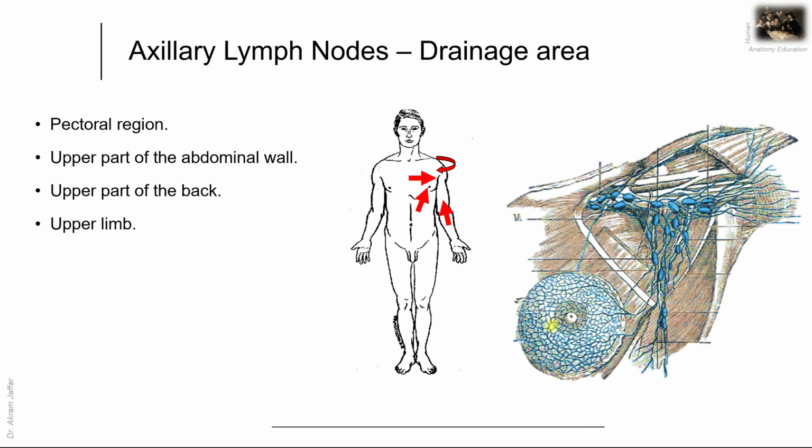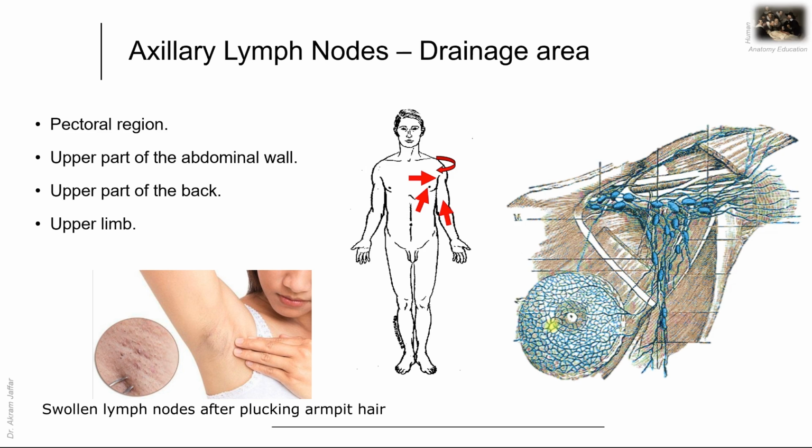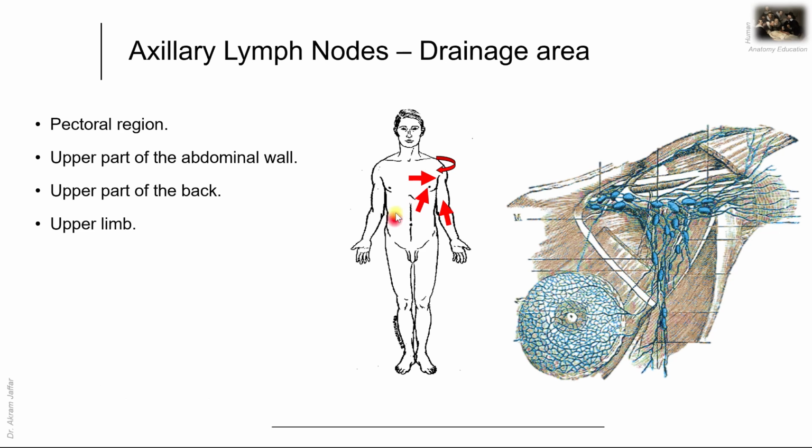Axillary lymph nodes are not only draining the breast, they are draining other areas of the body. That's why an enlargement of an axillary lymph node does not necessarily mean that there is something wrong with the breast, because the axillary lymph nodes also drain the skin of the pectoral region in general and the abdomen above the level of the umbilicus. Remember, the skin of the abdomen below the level of the umbilicus is drained to the inguinal lymph nodes. And they also drain the back, the shoulder, and the back of the neck,